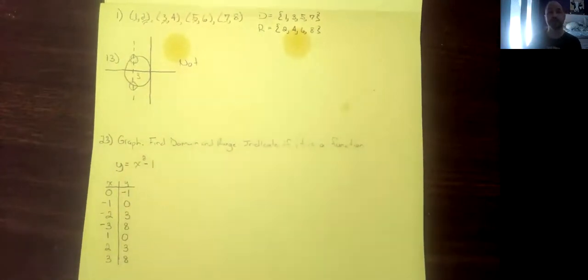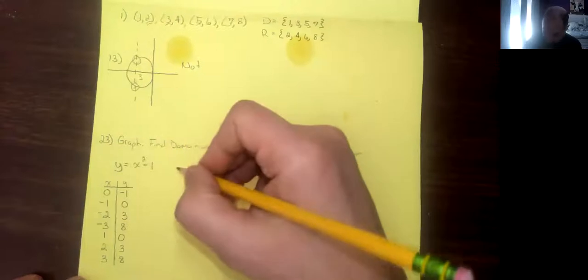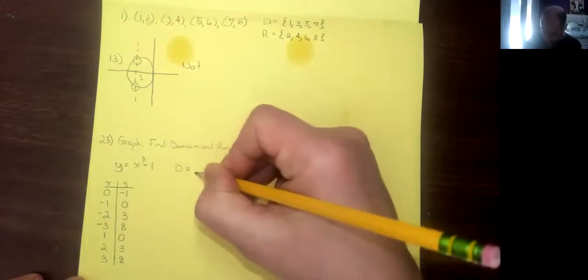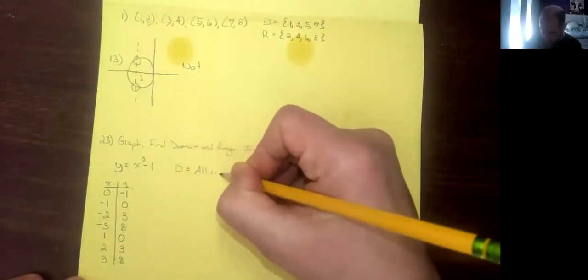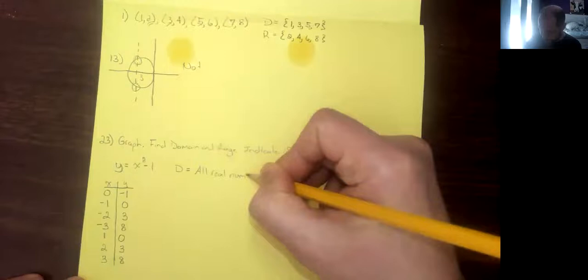You see what happens when you have a squared value. You're going to have matching points on one or the other, depending on which one's squared. In this case, my x is squared. So it doesn't matter what I plug in, the negative will equal the same y value as a positive because it's squared, so the negatives become positive. So I know that my domain is all real numbers,